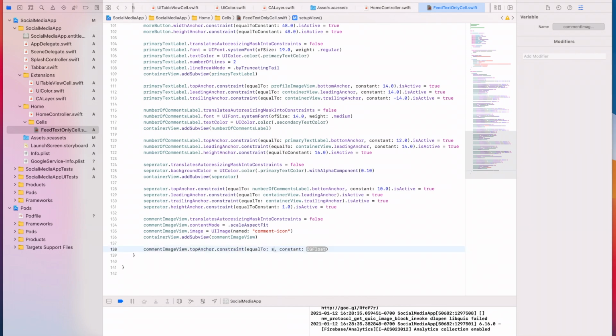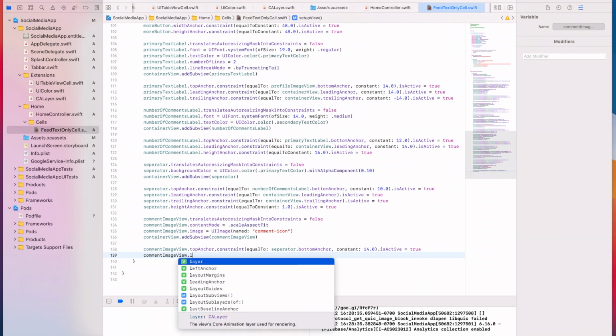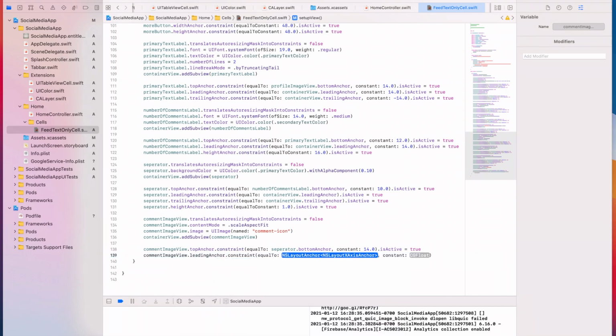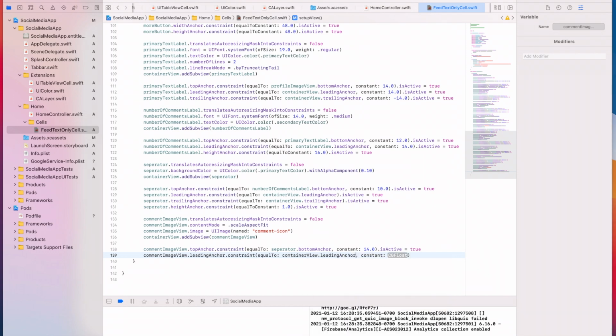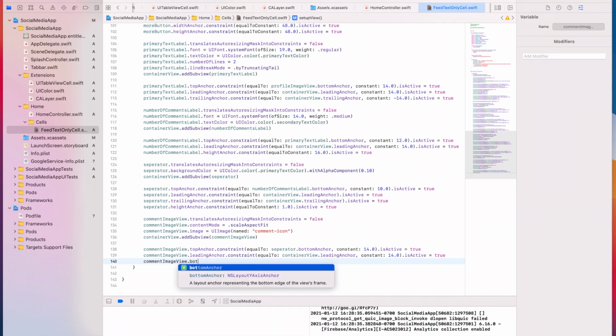This is going to be equal to the bottom of the separator by 14. The leading anchor is going to be equal to our container view dot leading anchor as well, and it will also have the inset of 14. And then our bottom anchor